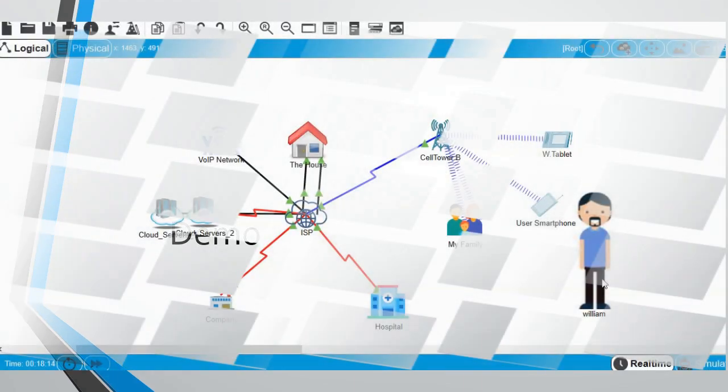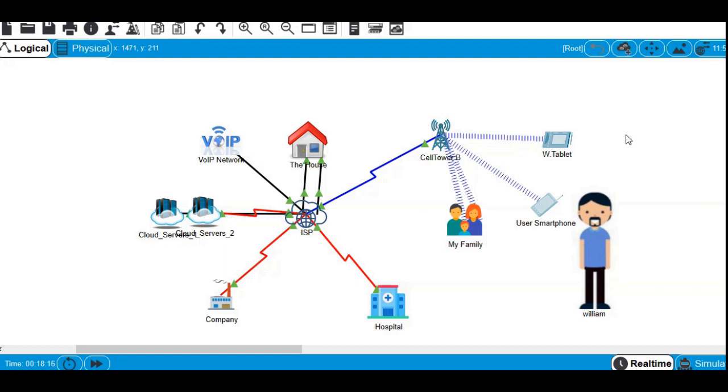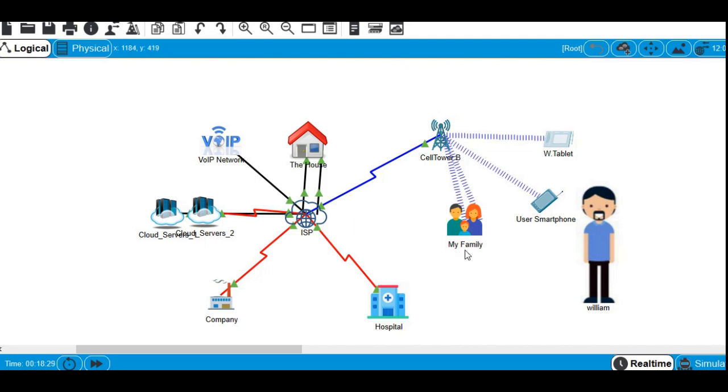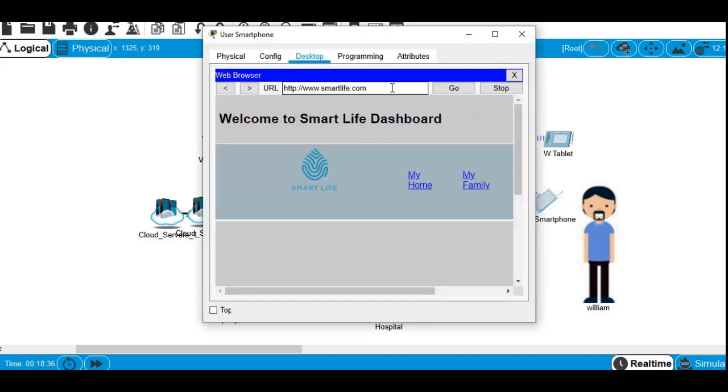Now we will see a demonstration of the project in Packet Tracer. This project was developed using CISCO Packet Tracer version 7, and this network consists of smart home, smart company, and hospital and family. William will be able to access his network using smartphone or tablet or normal PC to access the dashboard to see all his smart life, and we can access from his smartphone by writing the smartlife.com website, and he will get to this